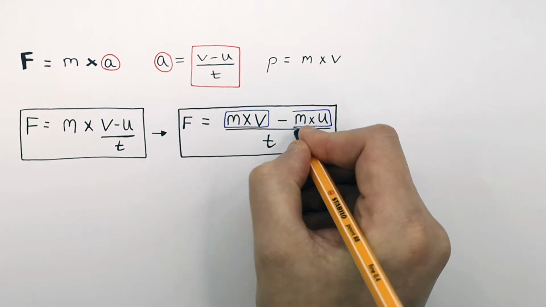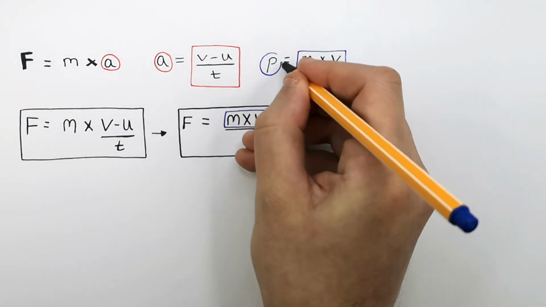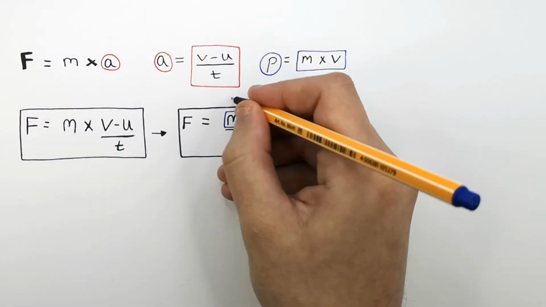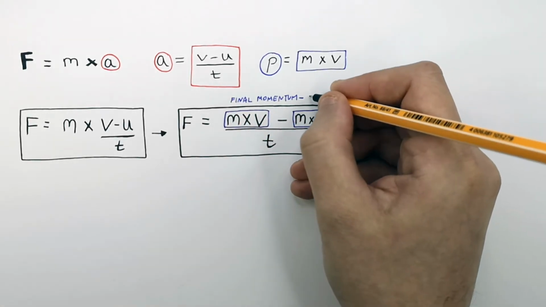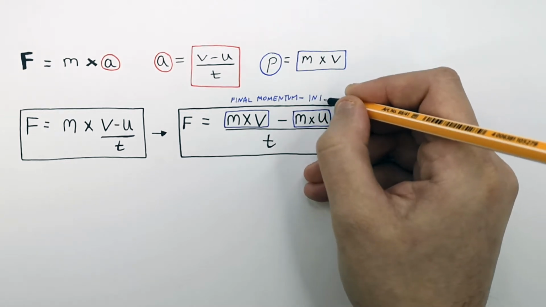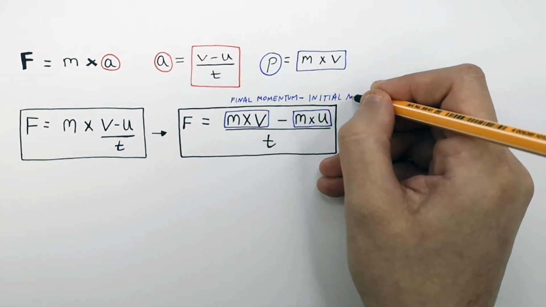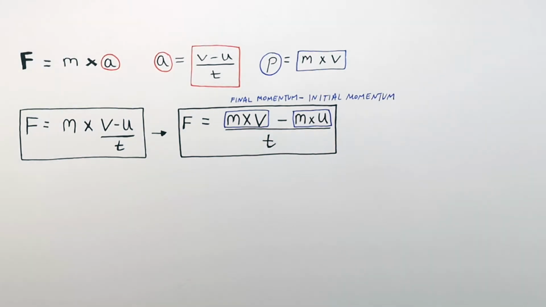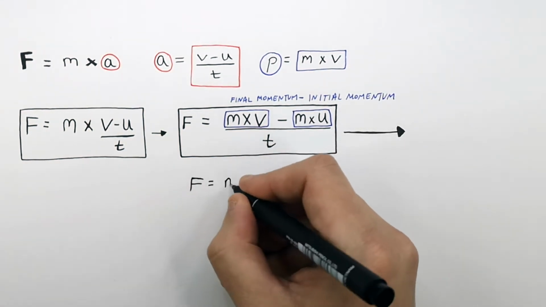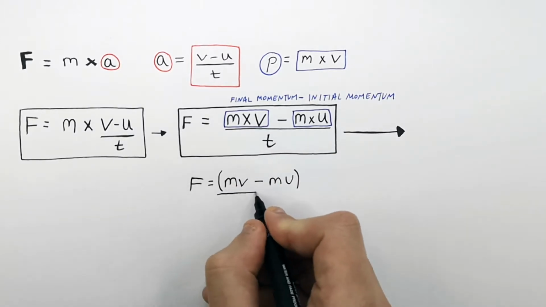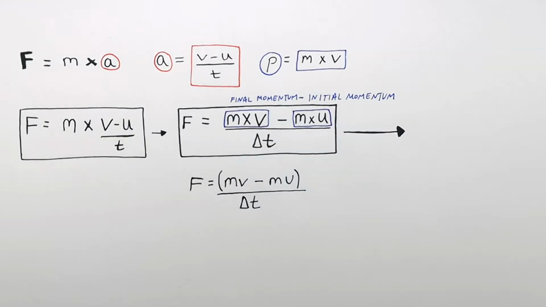Mass times velocity equals an object's momentum. So m times v, mass times the final velocity, is the final momentum of the object. And m times u is m times the initial velocity of the object, which is the initial momentum of the object. So if we write it as F equals mv minus mu divided by change in time t, this can